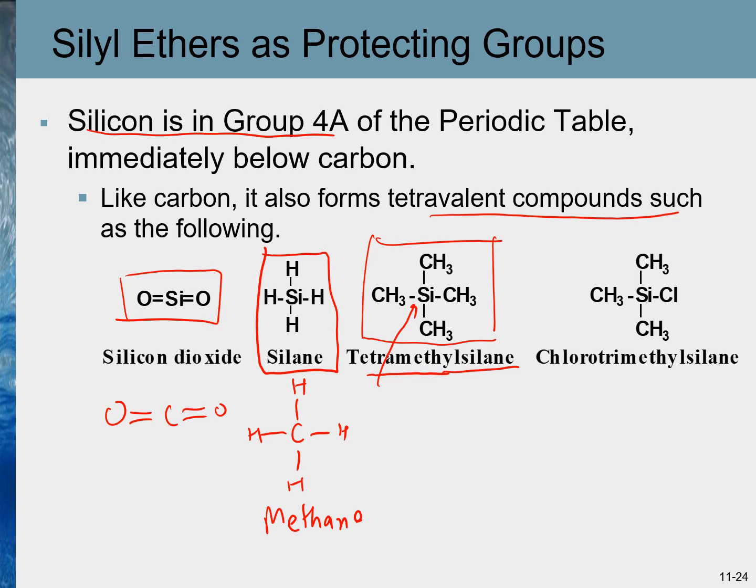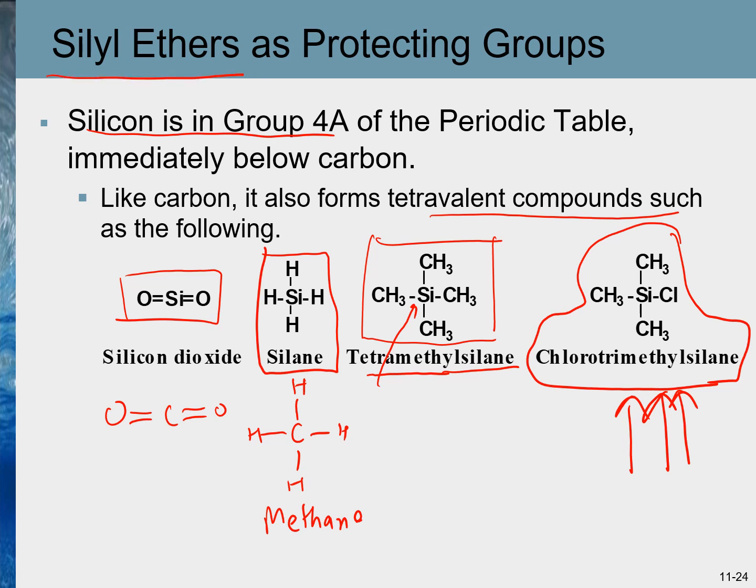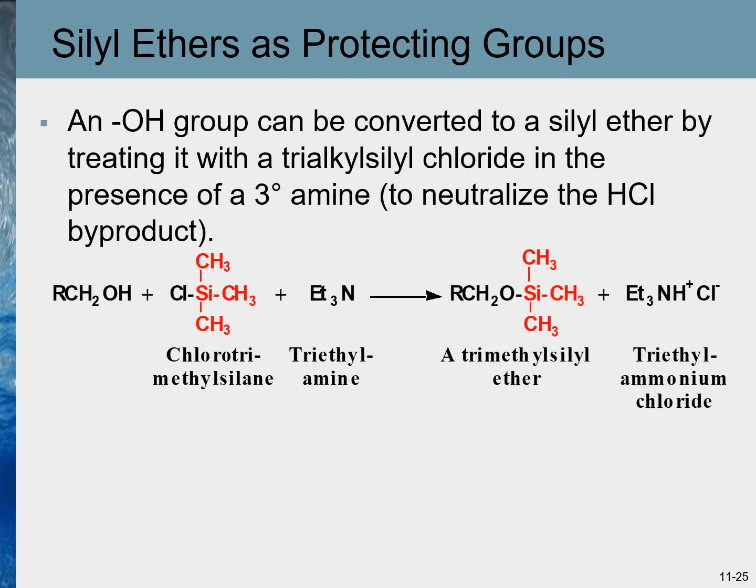tetramethylsilane. The compound which is used to protect the hydroxyl group by converting it into a silyl ether is this one, chlorotrimethylsilane. Chlorotrimethylsilane reacts with the alcohol group and converts the alcohol functional group into a silyl ether. And these silyl ethers are inert towards most reagents, and hence the reaction may continue to occur at other parts of the molecule while the silyl ether part remains unaffected. So using this chlorotrimethylsilane,